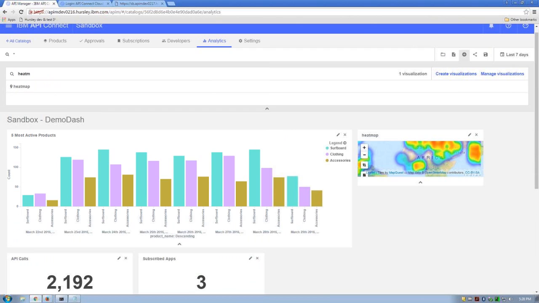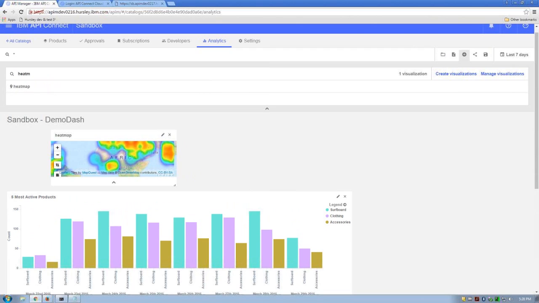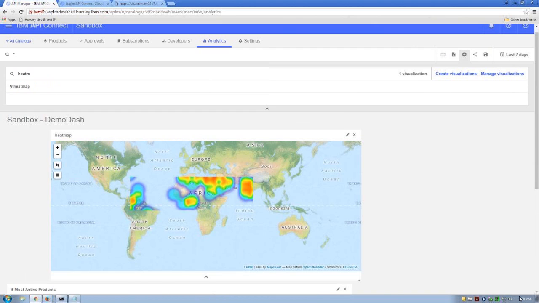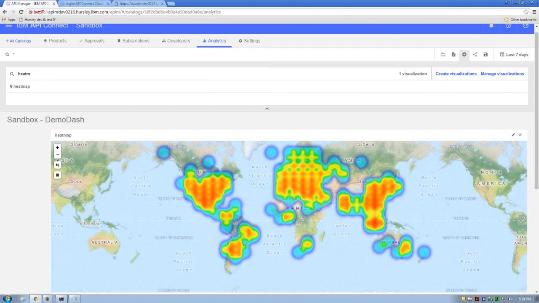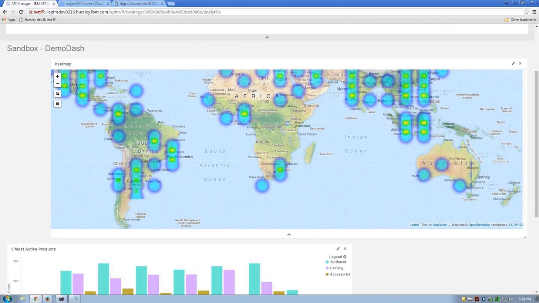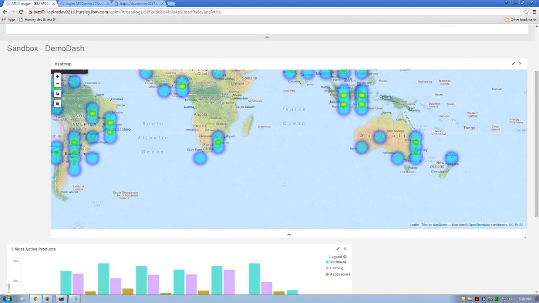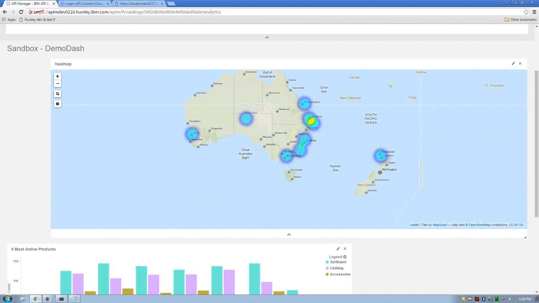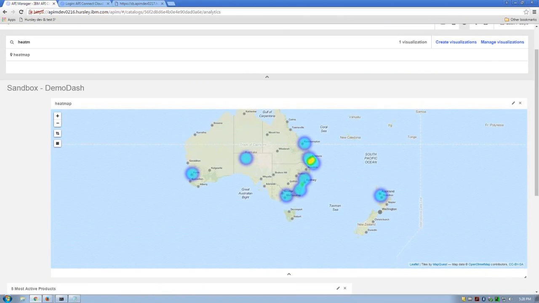Okay, well, given that time is so short, I'm not going to try and get it to work. Effectively, what I wanted to do was to scope the events so that I only show the events applicable to Australia and then zoom in on it. But it's going to take me too much time to figure out what I'm doing wrong. So I'll let you guys go and play with it. But you can see that you can zoom into a geographic region. You can go and find out where active areas are in terms of people using the events from the client